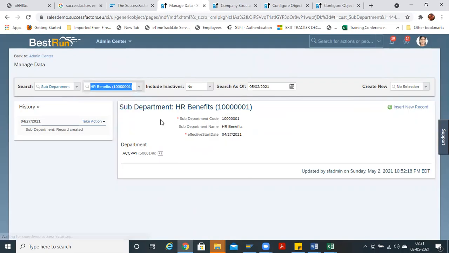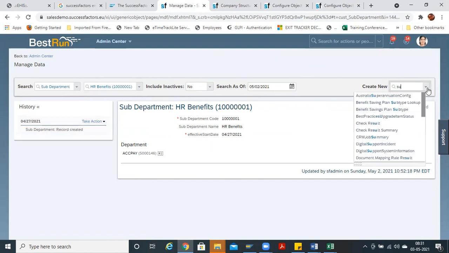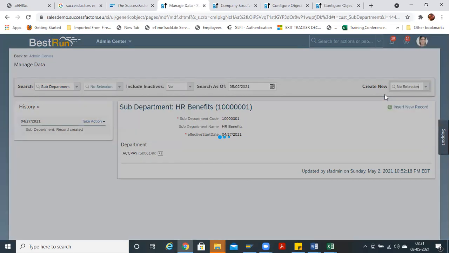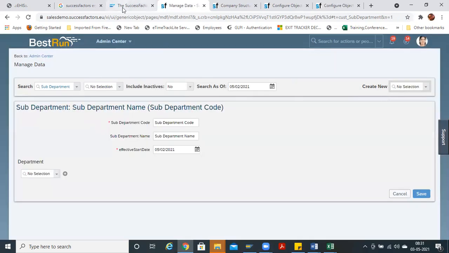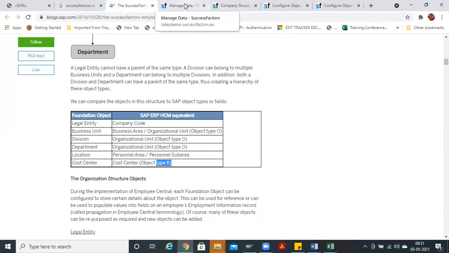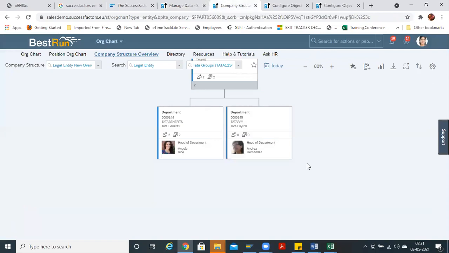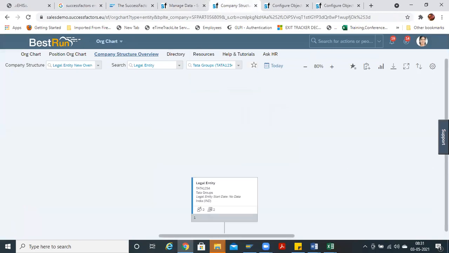It should be linked with, you have to create like this, create new sub-department. We have not assigned any employee to this sub-department. That's why it is showing like this. If I want the head of the department, this. Now we have not assigned any employee to this sub-department.